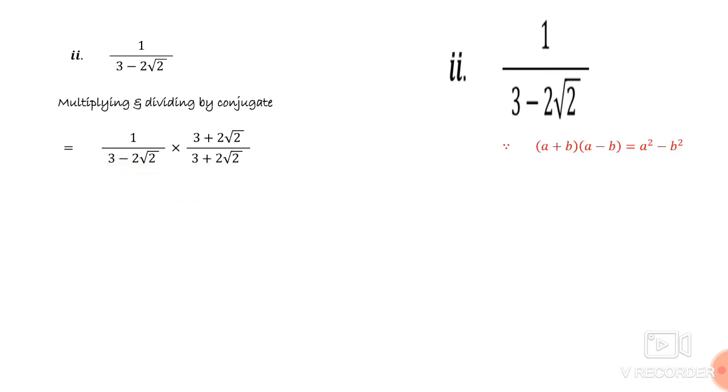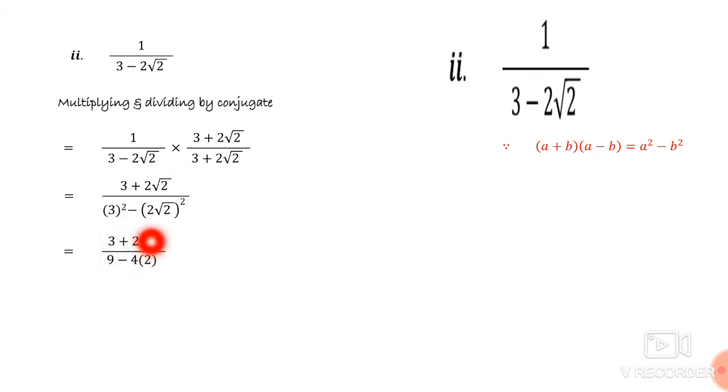We can apply this formula here. A plus b, a minus b is equals a square minus b square. In place of a, we will write 3, and in place of b, we will write 2 square root 2. Applying formula in the denominator, 3 square minus 2 root 2 square, and numerator is same. We cannot solve numerator further, so numerator will be written as it is, and in the denominator 3 square